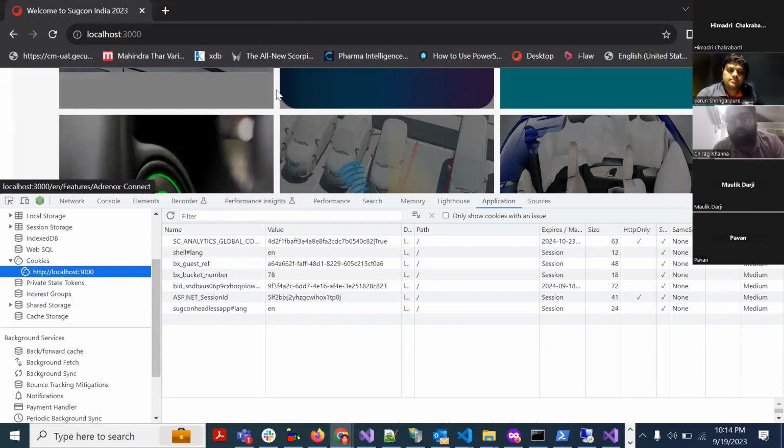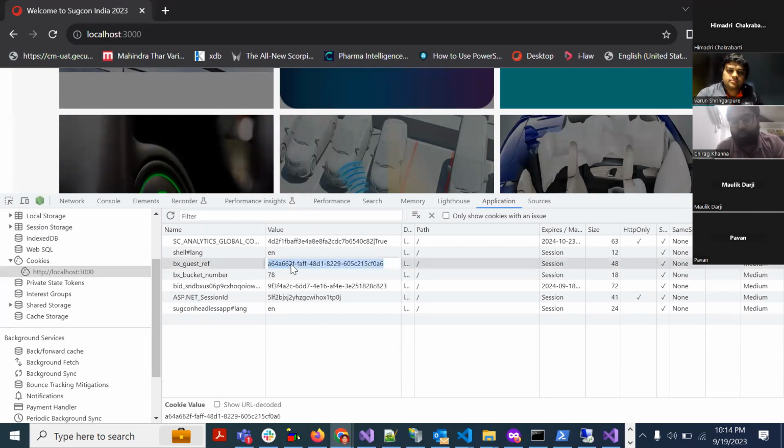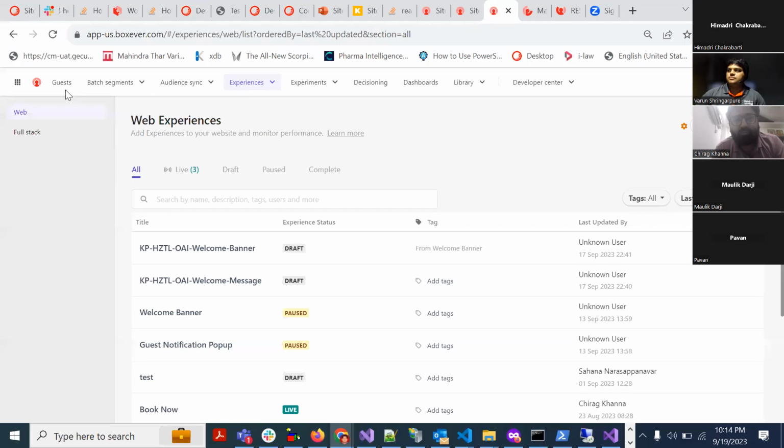This is basically a Next.js website which we have hosted. Whenever you integrate your Engage library, you will have a guest reference. This is a cookie which will get created. It is a unique identifier, which Varun earlier mentioned. It will be stored in your cookies, and using it, all your sessions and all your events will get captured. So if I copy this guest ID and go to guest